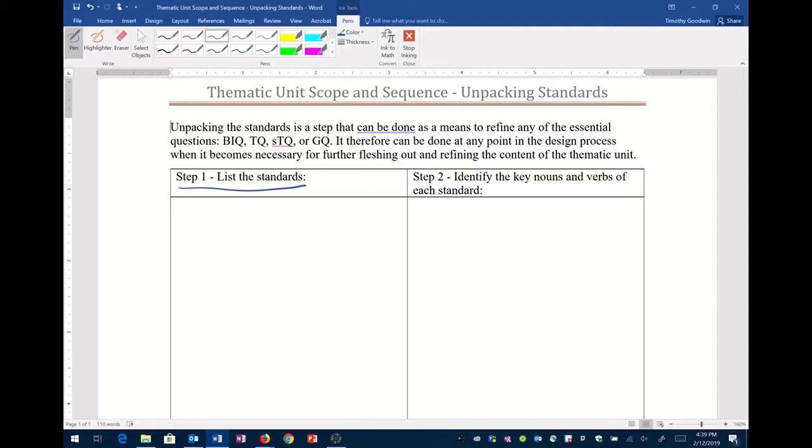This is a very iterative process, meaning it cycles back on itself as you learn more and you keep adding to it. And in the end, you're going to list out the standards here and just list them out, cut and paste them into here. I do this electronically. And then over here, you're going to identify the key nouns and verbs of each standard. And that's really all you're doing, is you're just looking at what are those key statements from the standard